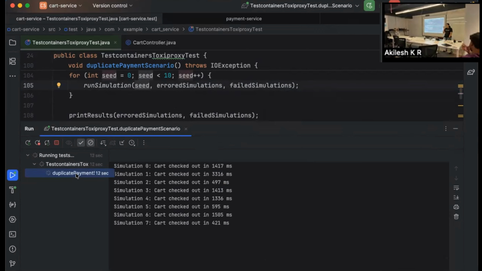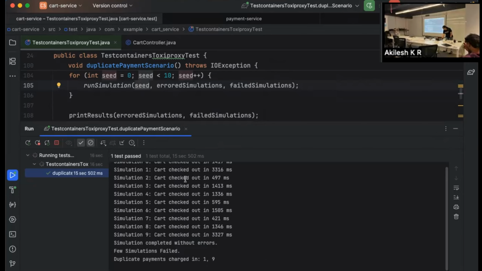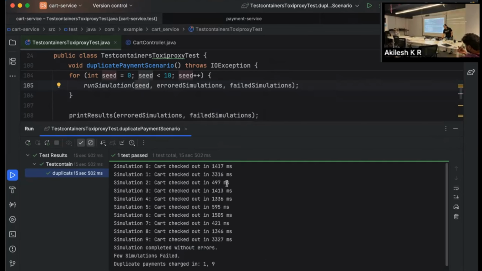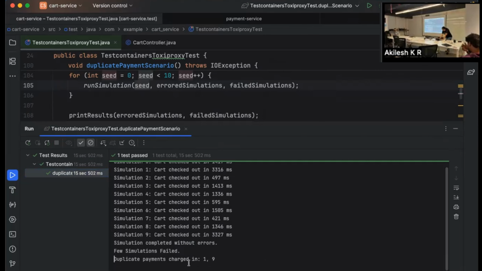It's going to execute the same scenario, but as you can see, the cart was checked out at different times. Sometimes it was in hundreds of milliseconds, sometimes it was more. And we can see that duplicate payments were charged in these two simulations, right?